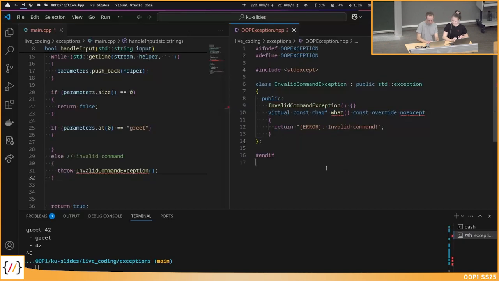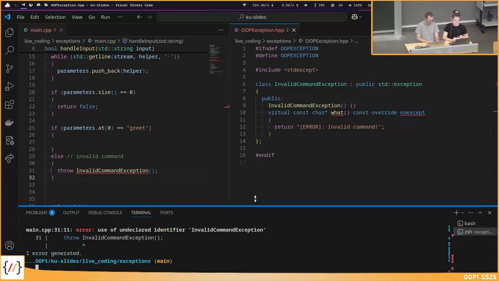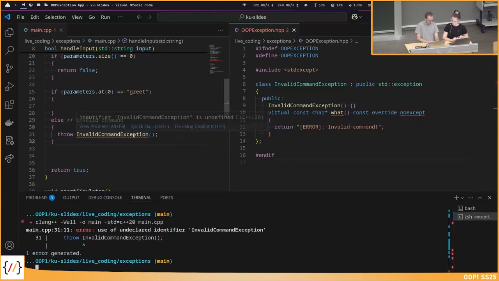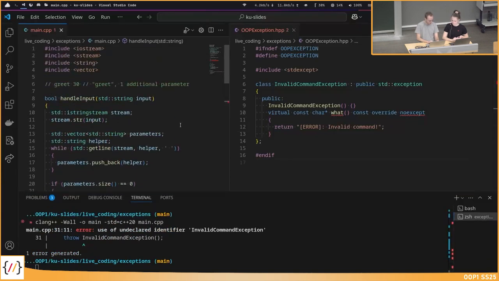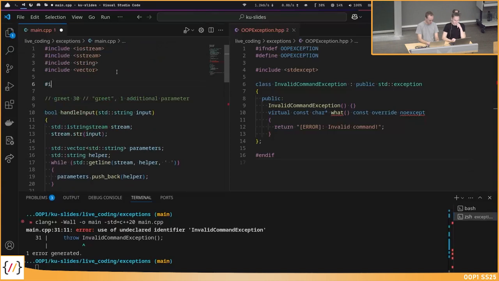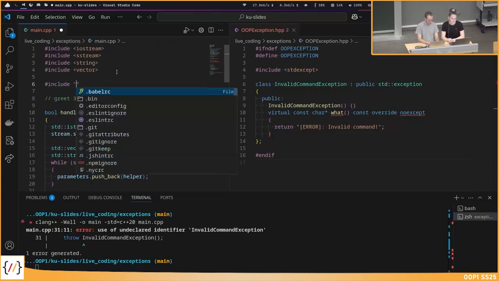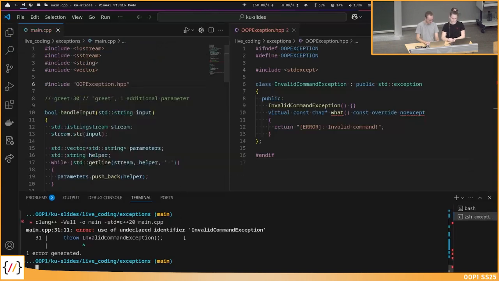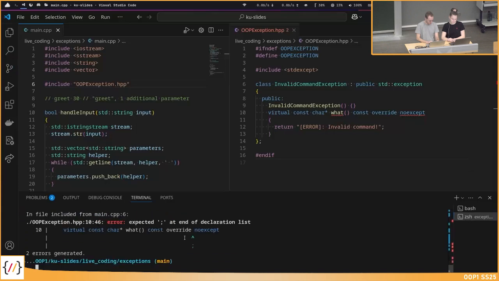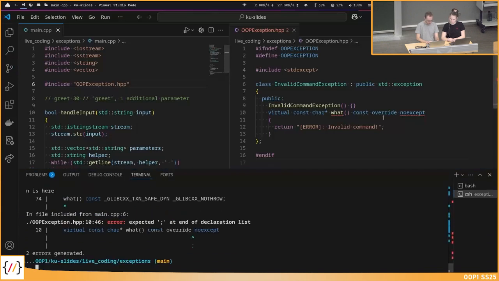Okay, let's see whether I did something wrong here. I did something wrong. So why is the invalid command exception not found here? Because I have not included it. So let's do that. Include the exception. And I missed this guy here. What did I do wrong?